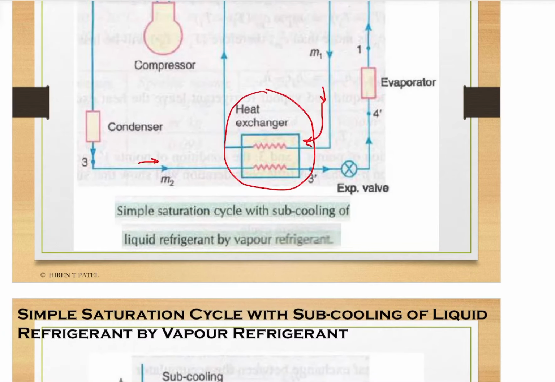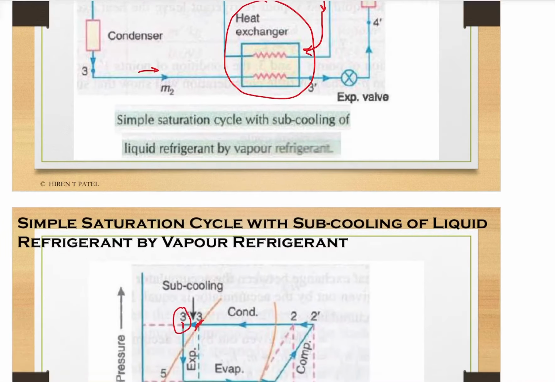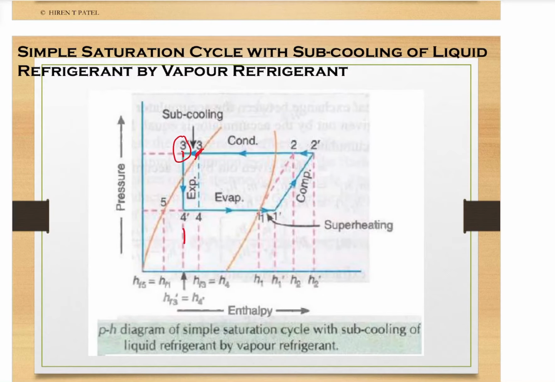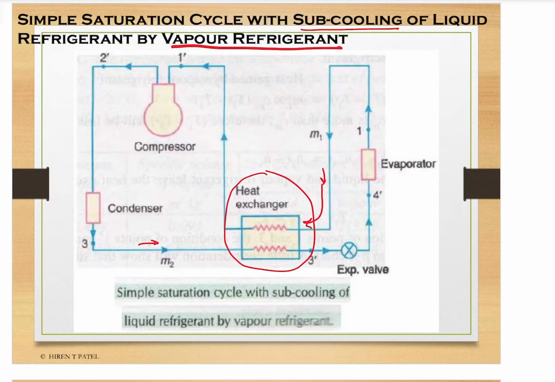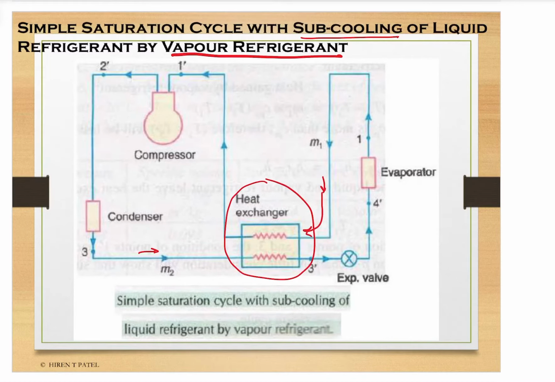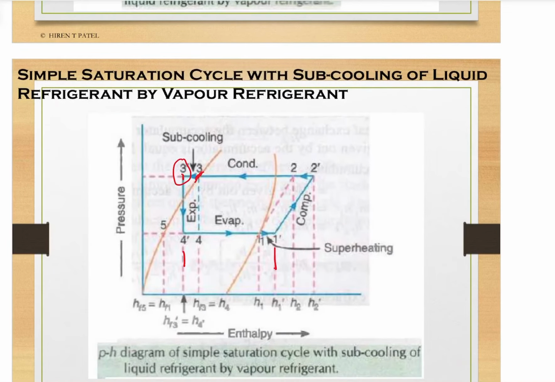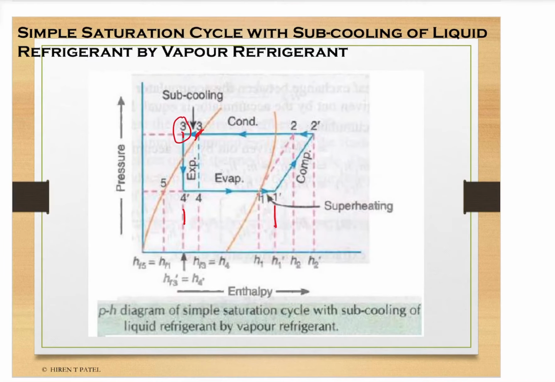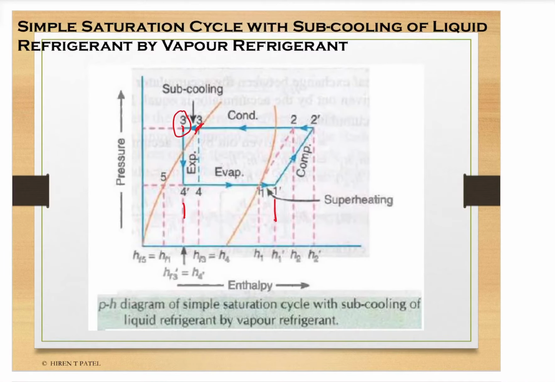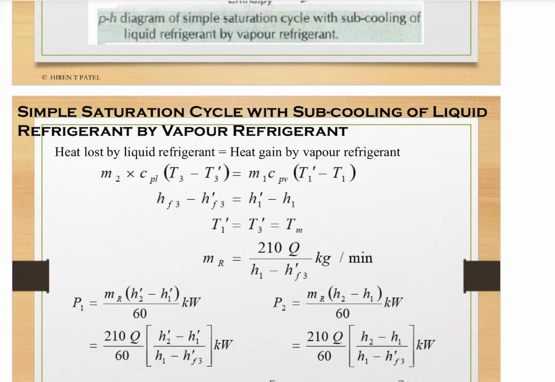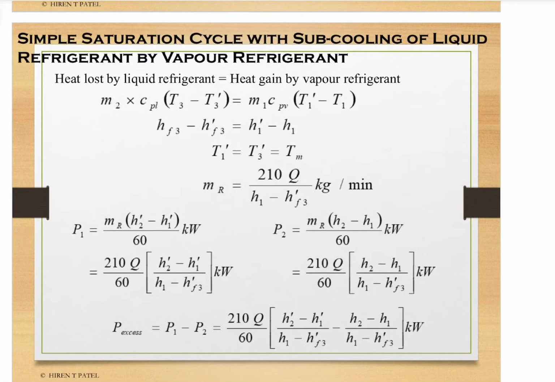So the benefit of that is we are having more refrigerating effect, so that the vapor refrigerant passing from the heat exchanger gets superheated, and also the liquid refrigerant coming out from the condenser gets subcooled. So dual benefit of using subcooling. So here again the heat balance, that is heat lost by the liquid refrigerant and heat gained